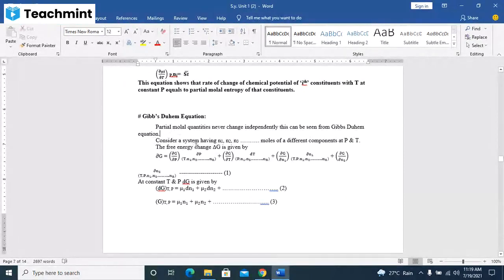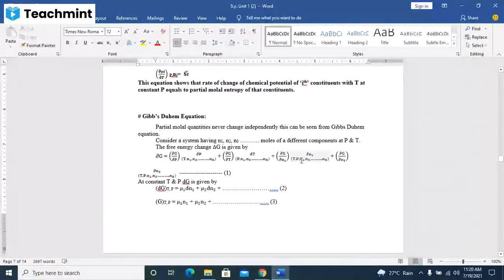Consider a system having N1, N2, N3 up to Ni moles of the different components at pressure and temperature. Then the free energy change is given by dG equals (delta G upon delta P) at T, N1 to Nn into dP, plus (delta G upon delta T) at P, N1 into dT, plus (delta G upon delta N1)